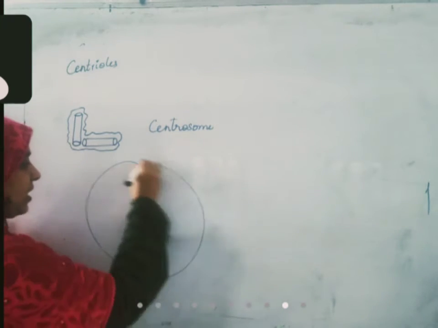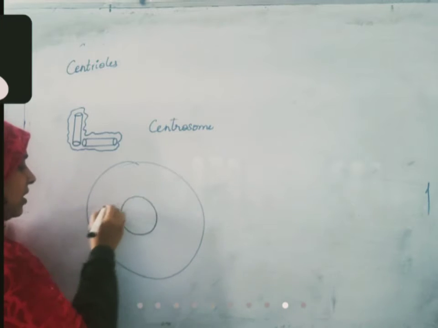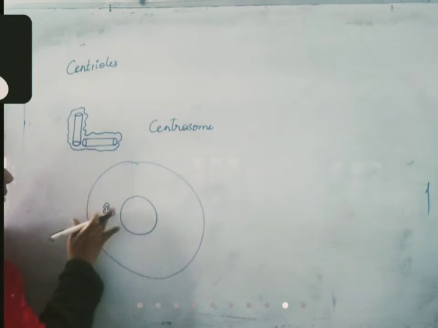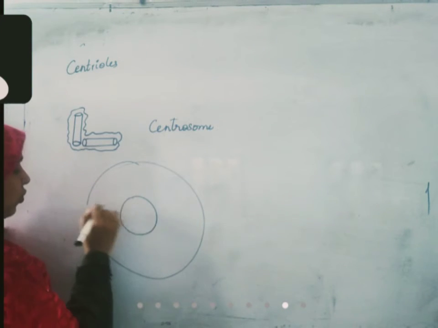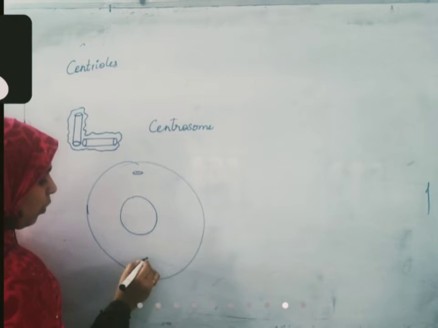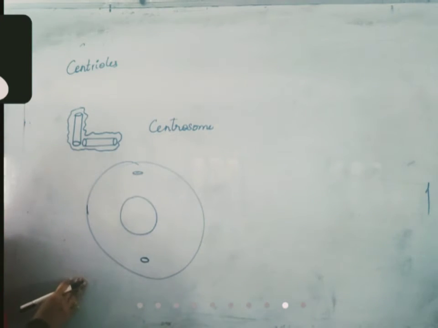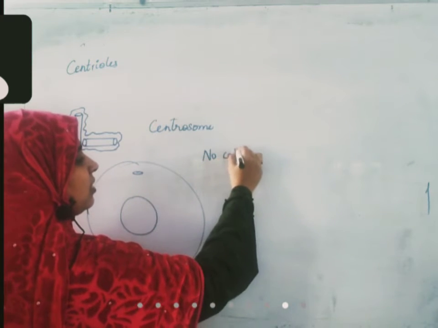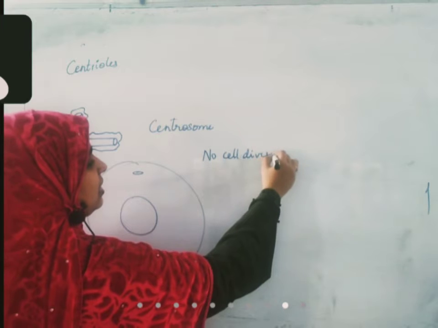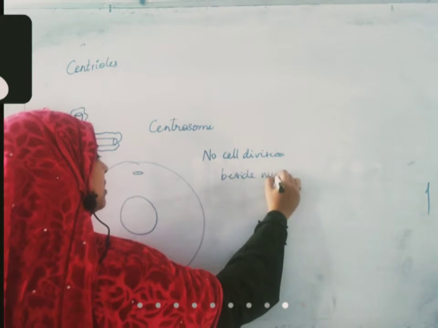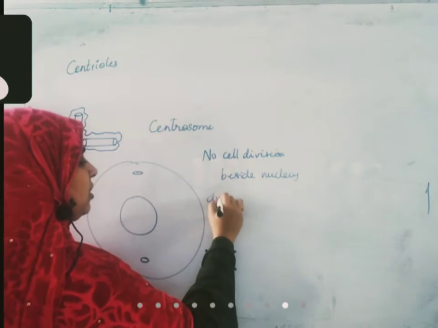Usually they are present, if the nucleus is here, just adjacent to the nucleus like this. But during cell division, when the nucleus should divide, one centriole will move here, one centriole will move here. Okay? When no cell division is occurring, it is beside the nucleus. During cell division,